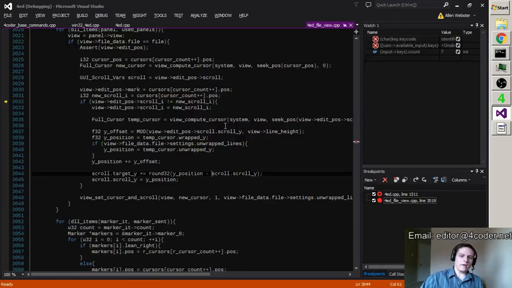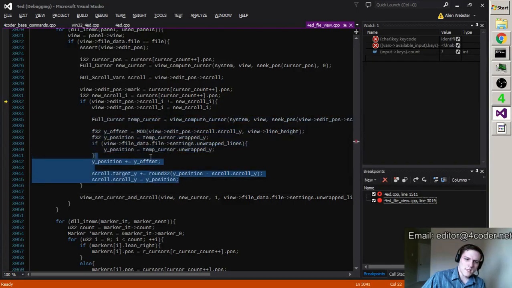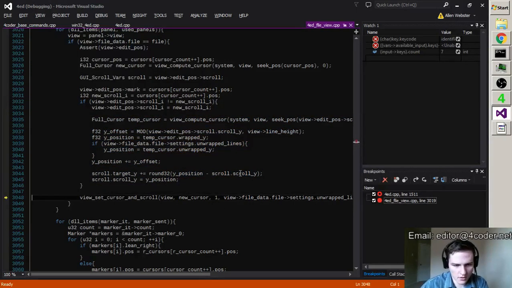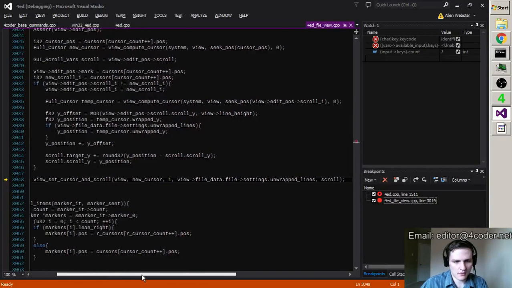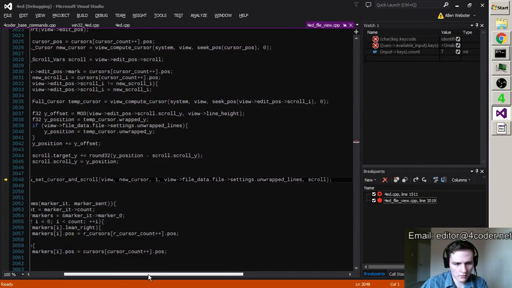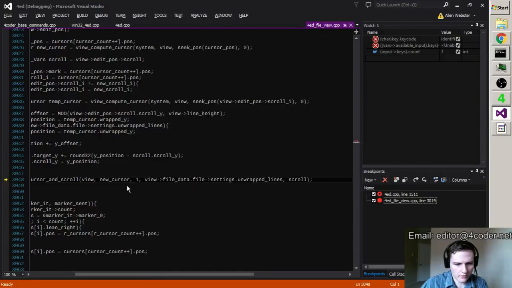There's some kind of bug in there. I don't know what it is, but I know that it's in there somewhere. Anyways, we're skipping over all that. View, set cursor, and scroll. Set cursor, and so the new cursor is right here.